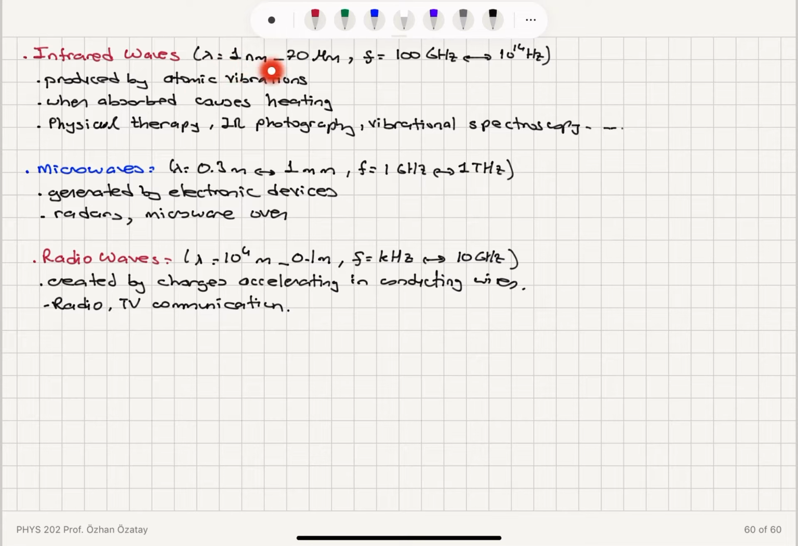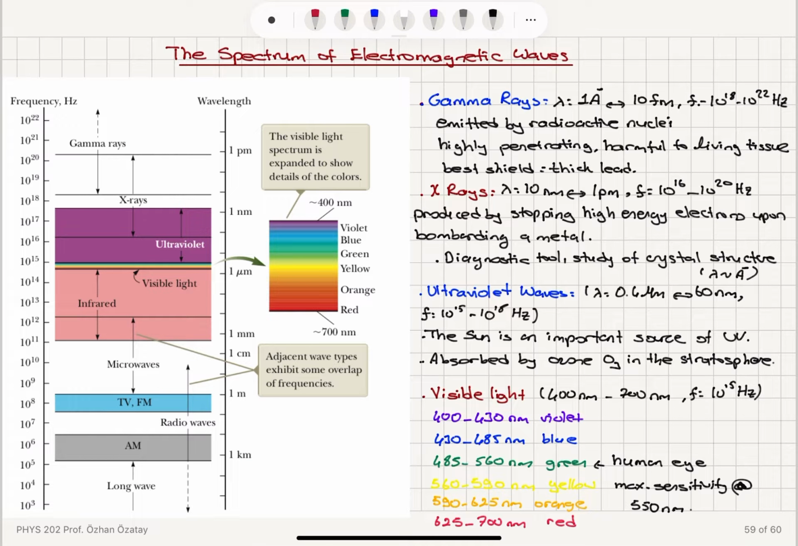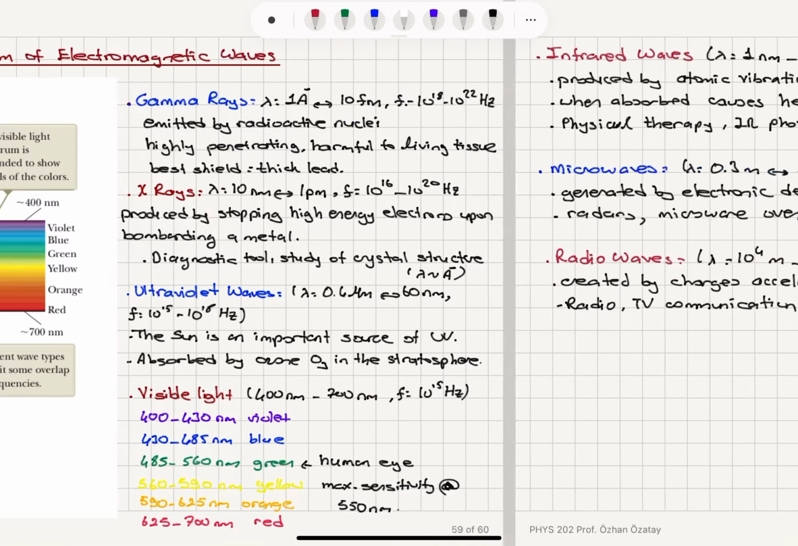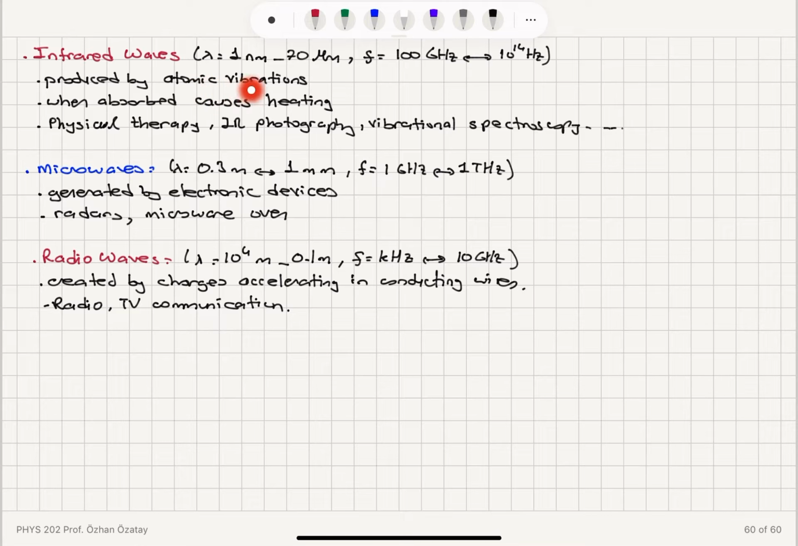Infrared waves have wavelengths 1 nanometer to 70 micrometer, frequencies 100 gigahertz to 10^14 hertz. So in this range, they are produced by atomic vibrations. So when absorbed, because these waves will match the natural frequency of oscillations of the atoms, they will cause heating. They're used in physical therapy, infrared photography, in order to detect materials, for example, and vibrational spectroscopy to characterize the